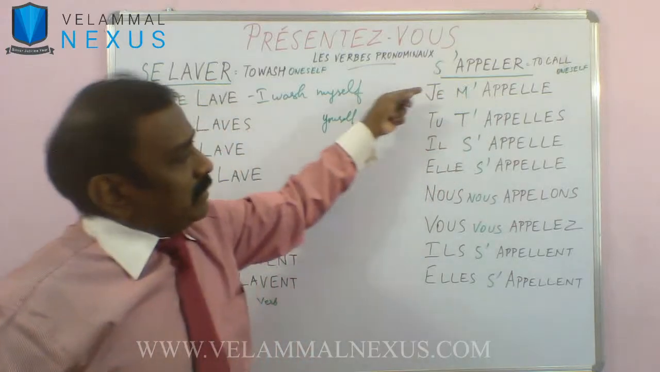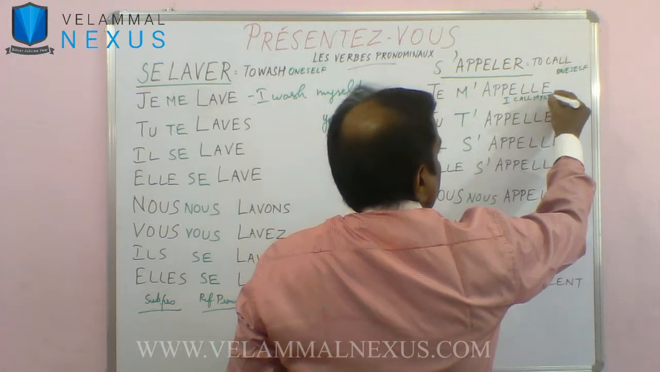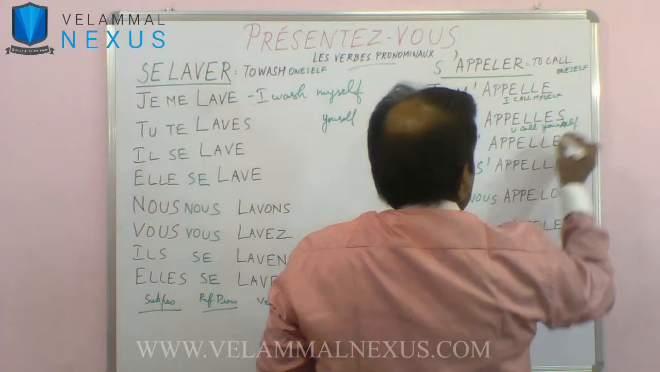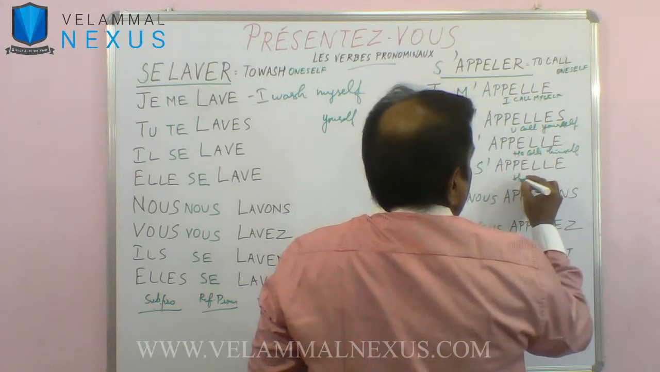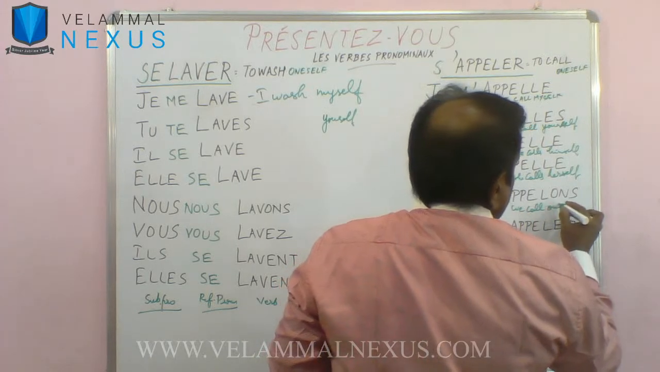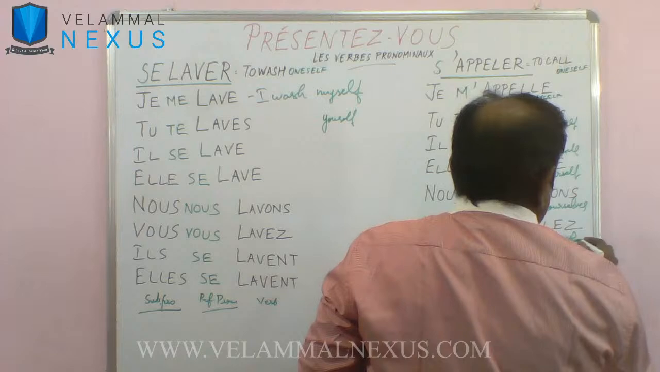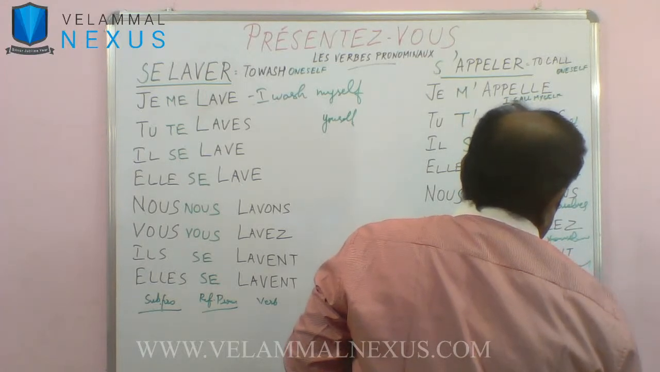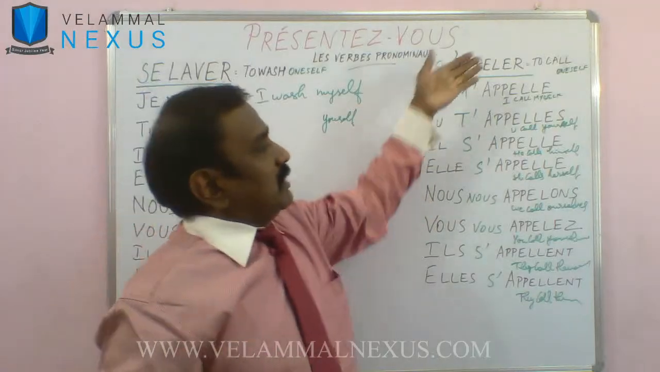Now, I'm going to read this out. Je m'appelle. What does it mean? I call myself. You call yourself. Literally, literal translation. He calls himself. She calls herself. We call ourselves. You call yourselves. They call themselves. Now, to tell your name, this is the verb we use, and it is used